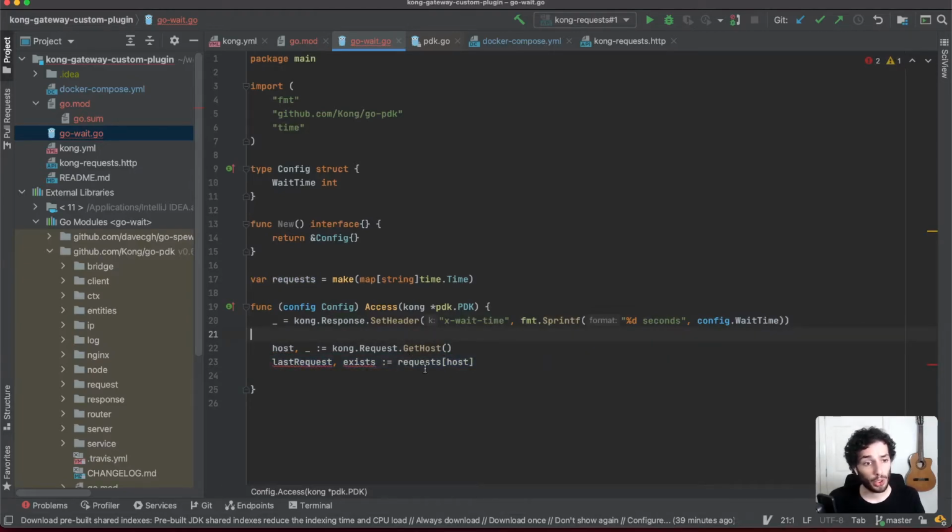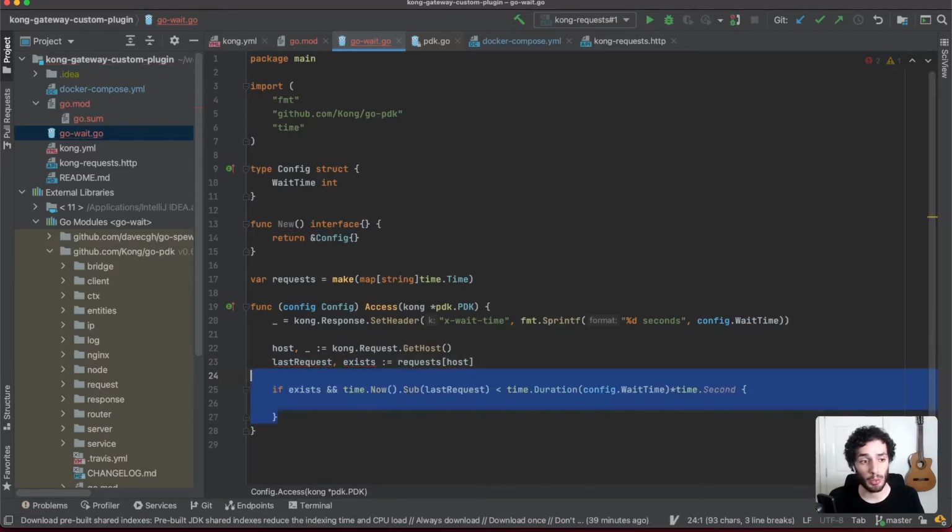Next thing we're going to do is try to access the last request for this host. So using that host, we're going to access our request map, and pass in the host there, and that of course returns the request, which I call last request. The second parameter is a boolean to see if it exists. So what we then want to do is check, all right, if this entry exists, i.e. if we've seen this host before, and we're checking the time, if now minus last request, the difference of the time, is less than 5 seconds, so I'm just converting the wait time into a duration multiplied by seconds, so this is just 5 seconds, then what we're going to do is exit,